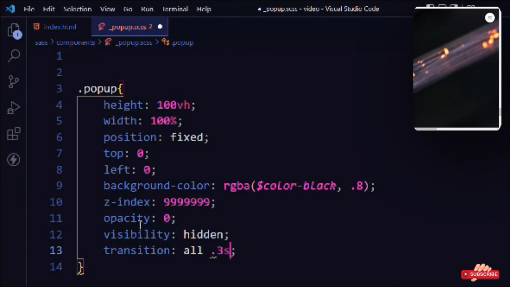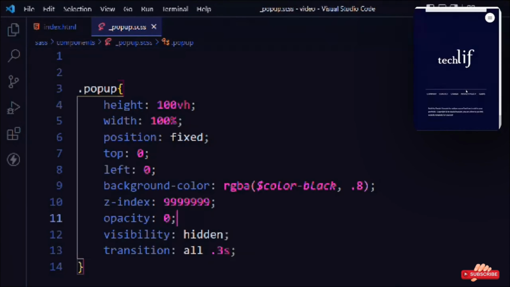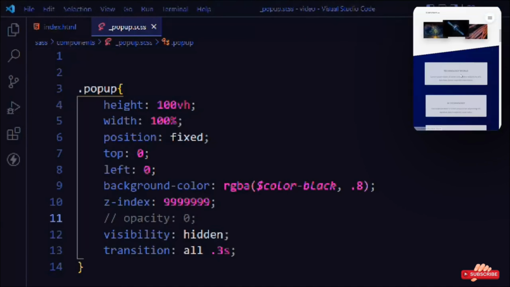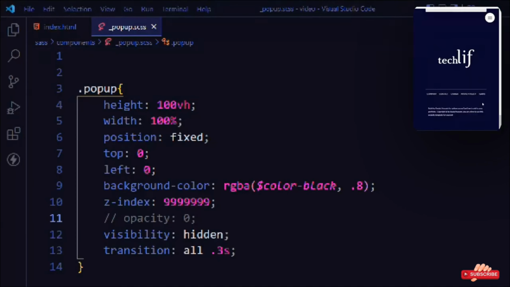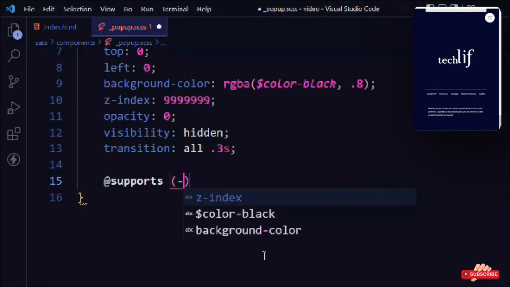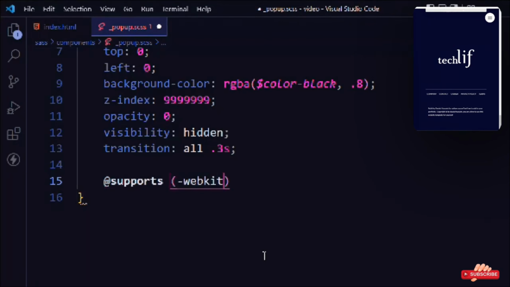Transform all 0.3 milliseconds. So right now it's not displaying. Okay, let's make it opacity to 0. So let's try to find out where it is. So let's add a support WebKit backdrop filter,